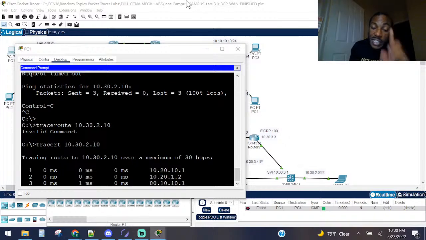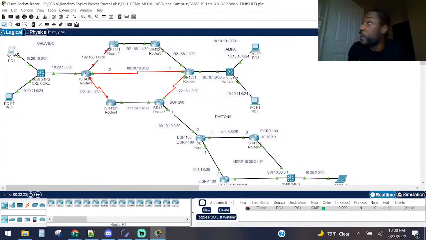80.10.10.1, which is just like we did in the last stream. This is where I spent like a good hour trying to figure this out, right? So from Orlando,